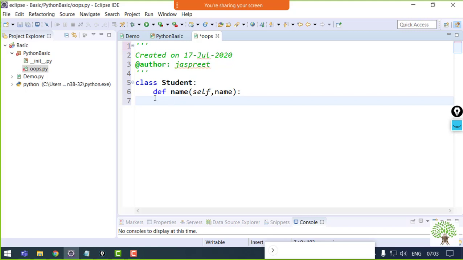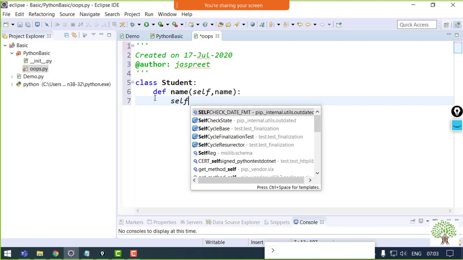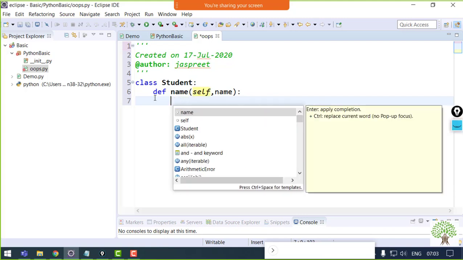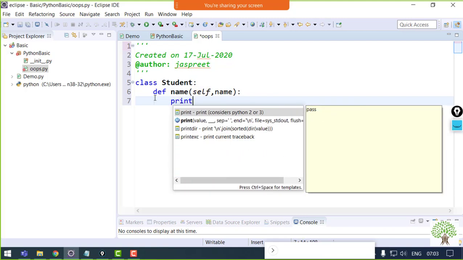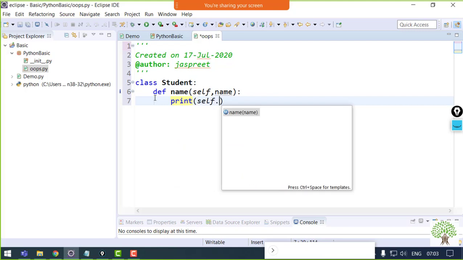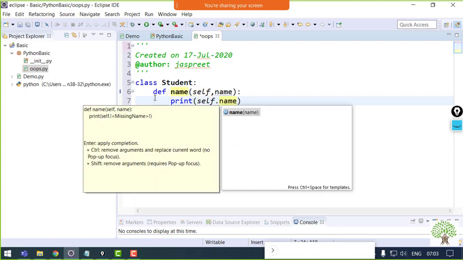The self keyword helps you access all the members and attributes, be it a variable inside the same class; you can access it using the self attribute. If you are using a variable, you can directly say self.name. Like, I'll say print self.name. This is also fine, there is no issue in this.